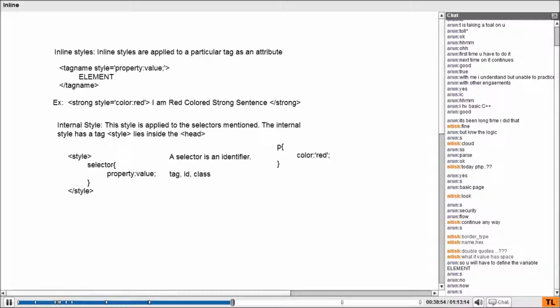So let's just see an example in the previous case. Do you guys have any questions here? I can answer. The difference between inline and internal is that inline style is for a particular tag which I apply in there, whereas internal style